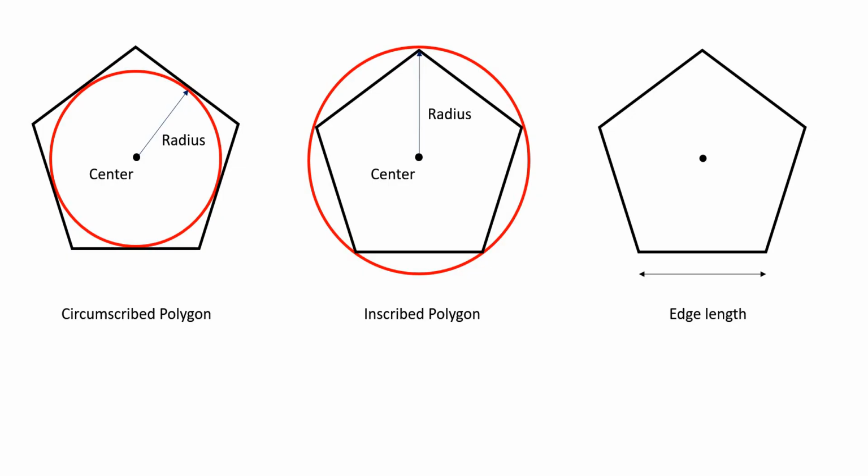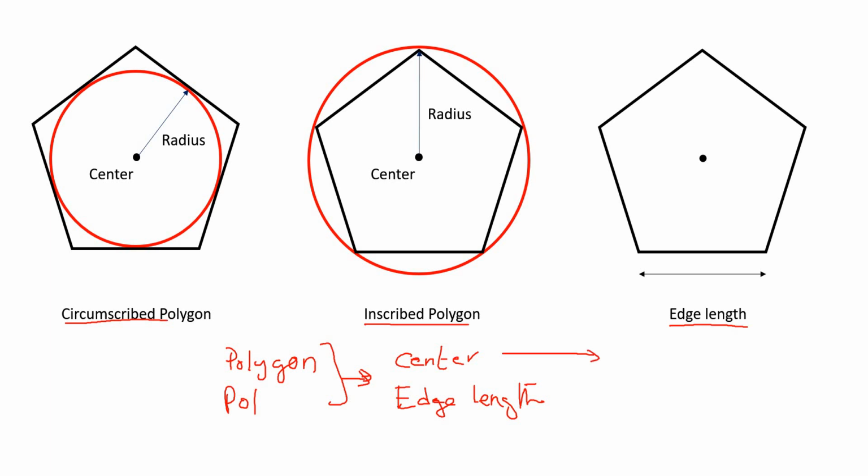On the screen, you can see 3 pentagons. One is circumscribed, the other one is inscribed, and the last one is made by defining the edge length. You can invoke the polygon command by clicking on the polygon icon in the Draw panel, or you can use the command POLYGON or its alias POL. It asks you to either specify the center or specify the edge length. If you select the center option, it will further ask whether you want a circumscribed polygon or an inscribed polygon. When you select either of these two options, it will further ask you to specify the radius.